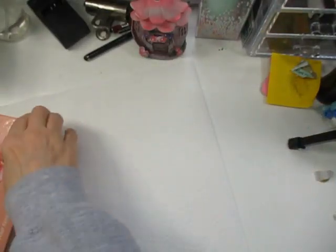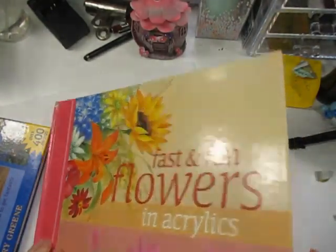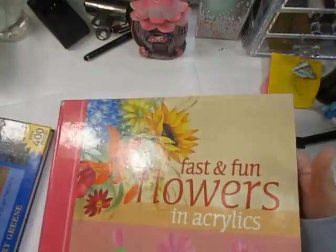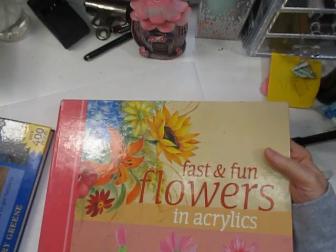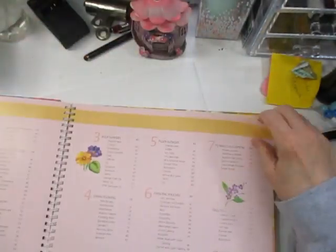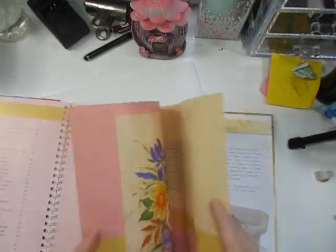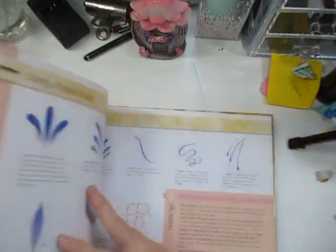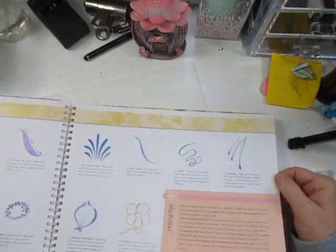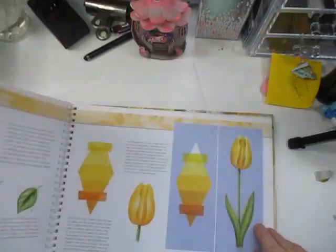Okay, the next one, number 4, this is Fast and Fun Flowers in Acrylic. I found this very useful when I was in art school. This is by Lori Palex, and in this book there's basic painting techniques and painting leaves and stems. Of course, it goes over your supplies and all. It shows you brush strokes here for a round brush, a flat brush,